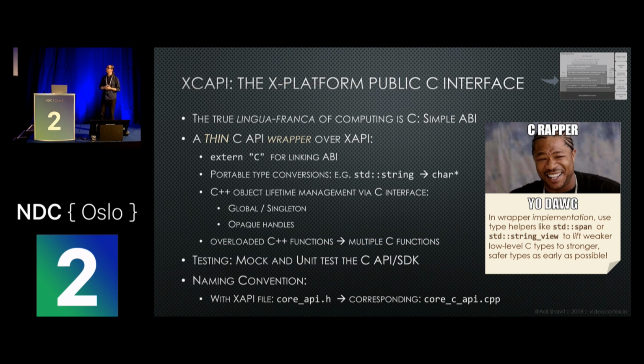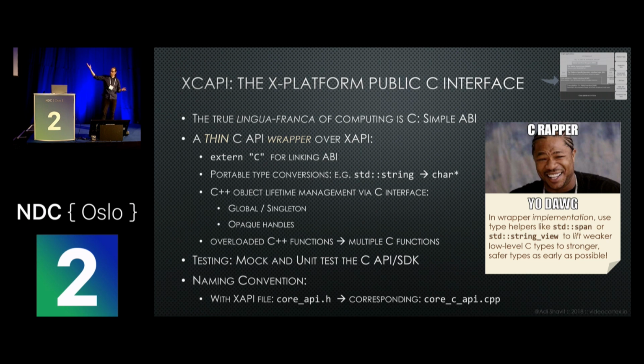That's why, in order to allow us to interact with basically any computing platform on the planet, we often need to create a C interface. However, I'm not going to preach to you to start writing in C, because I think that's counterproductive. Remember, we're working in layers, so we already did the business logic, and we already defined the way our service is going to be used. So all we really need to do is create some kind of thin C wrapper around our cross-platform API, which exposes the same API. And because of C's simple ABI, the application binary interface, which is what allows us to link between different binaries,